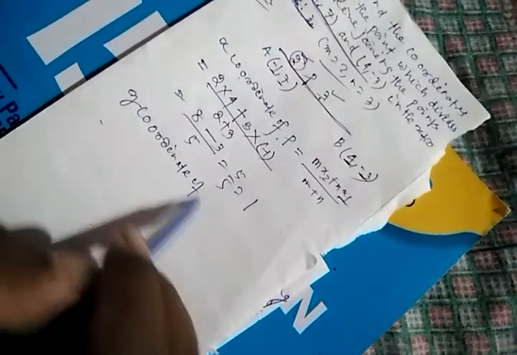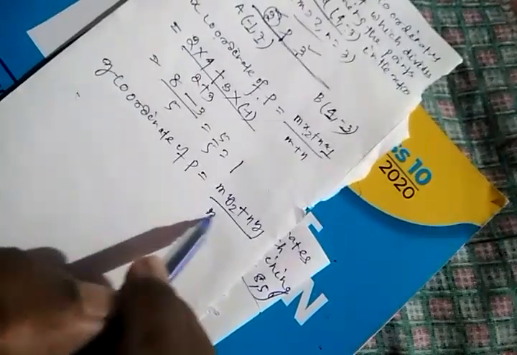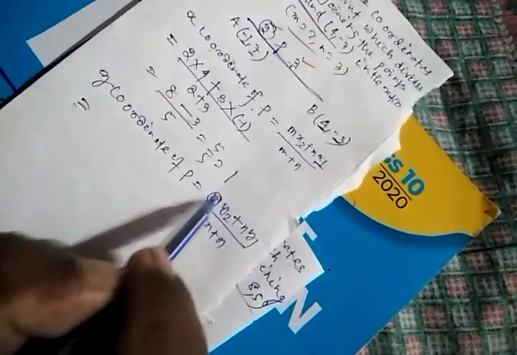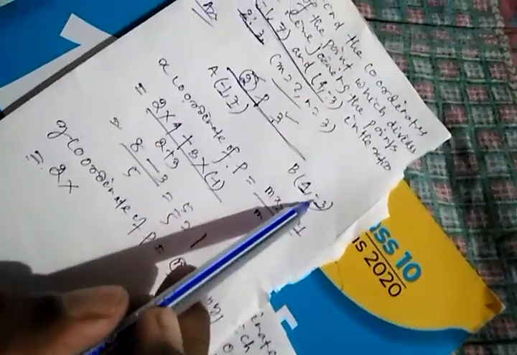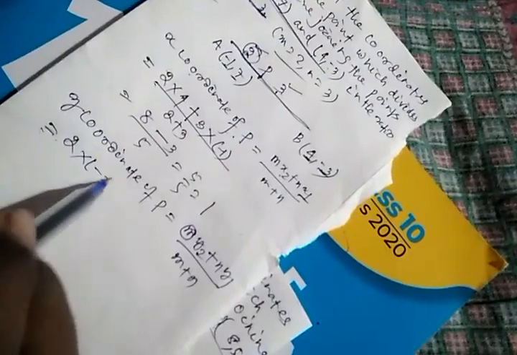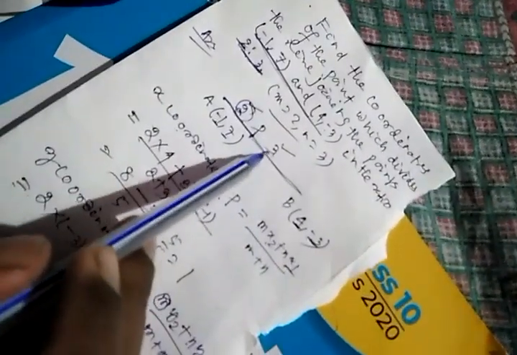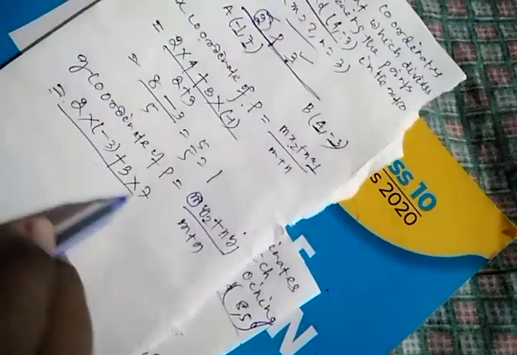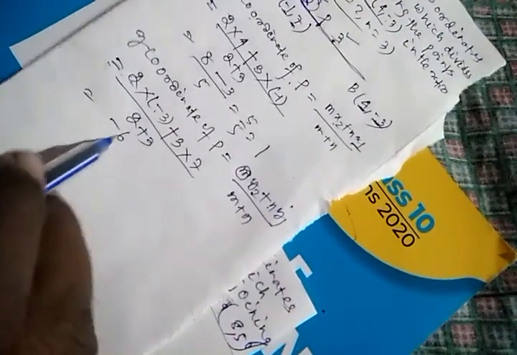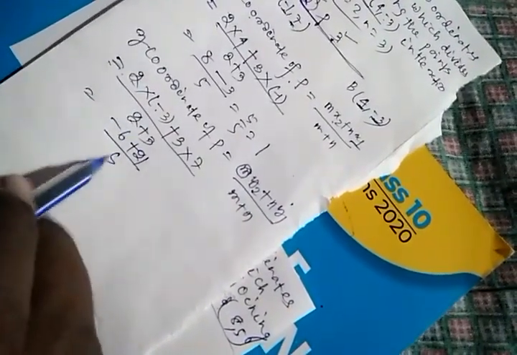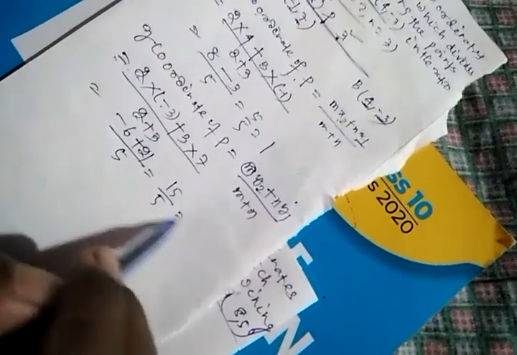Similarly, you go for the y coordinate of a P. Y coordinate of P equals to formula my2 plus ny1 by m plus n. That is equal to, what is m? M is 2, right, 2, into, what is y2? Y2 is means -3, right here -3, plus what is n? 3 is n, right here 3. What is y1? That is the 7, divided by 2 plus 3. So now what is the answer? -6 plus 21 by 2 plus 3 equal to 5. 15 by 5, that is equal to 3.